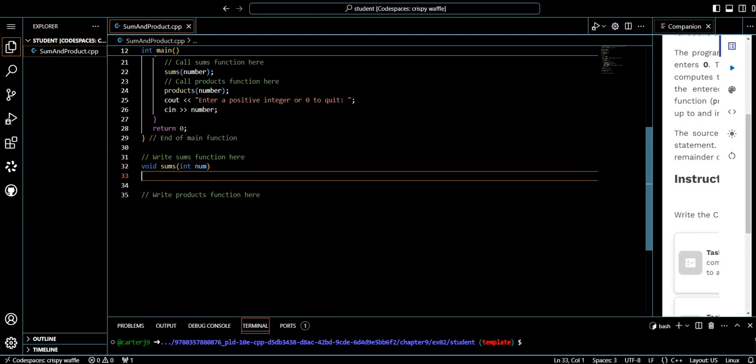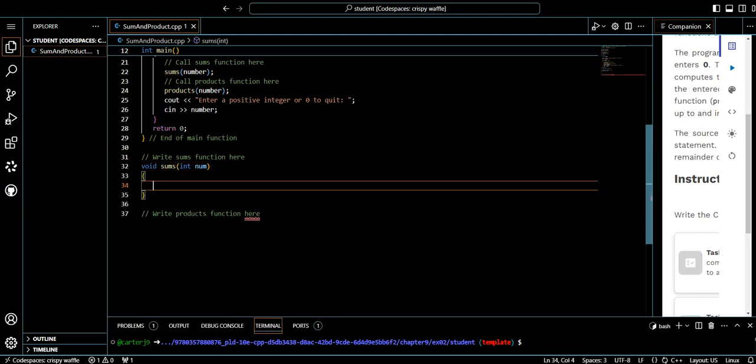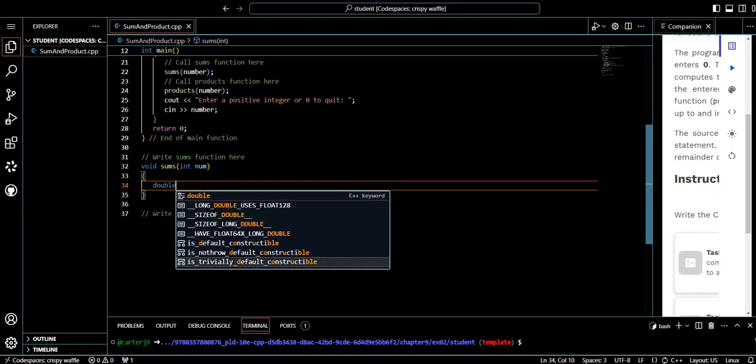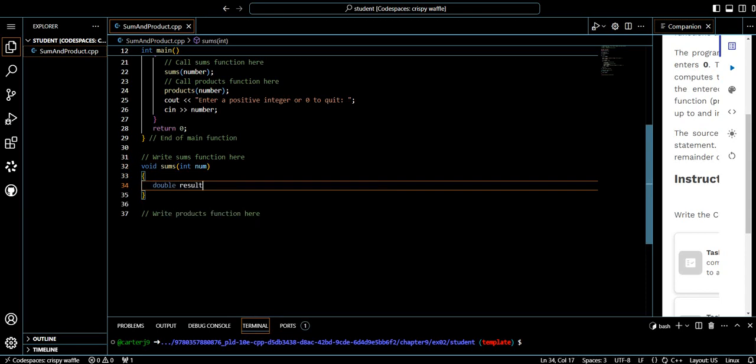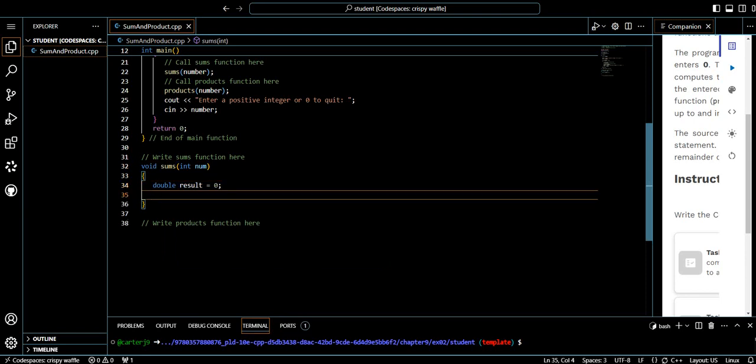And that's all we need for that. Go down, let's do our brackets again, and then let's go double result equals 0. Integer is I,